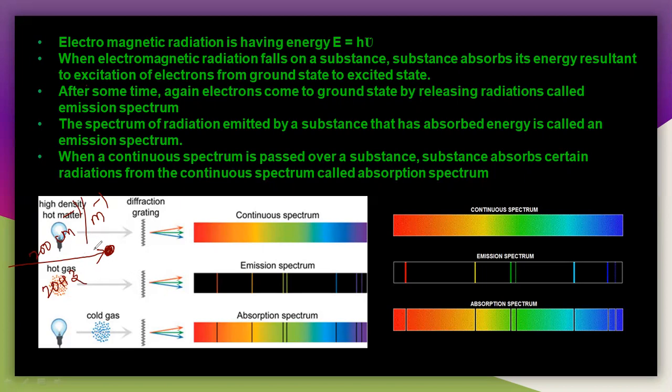Then what happens, this substance will absorb. And the observed spectrum, if you draw it, you will get colored lines like this. So this is the absorption spectrum. Again, the emission means whatever transmittance is completely eliminated out here.